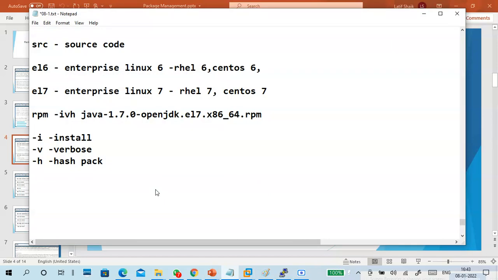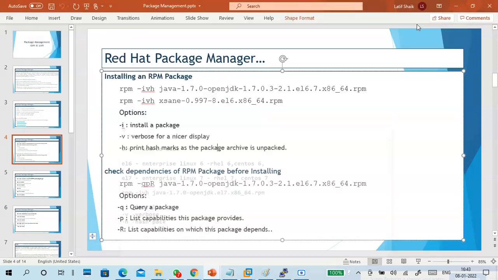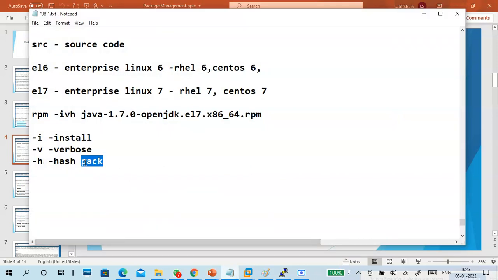It is a package related one, the hash marks. Okay, so like this. The main important option is hyphen i. Verbose is also not important. Next, to remove it, we need another command.